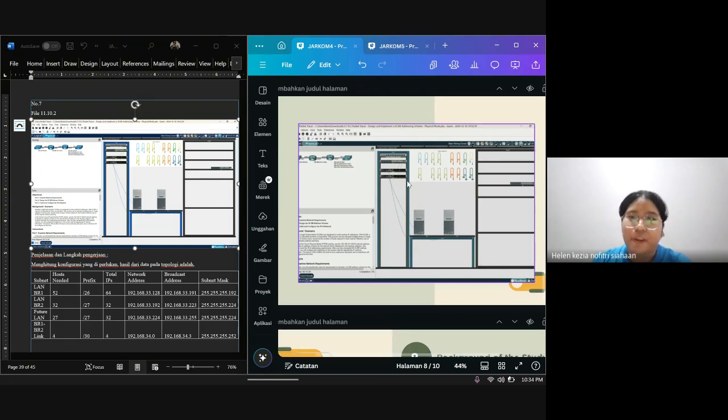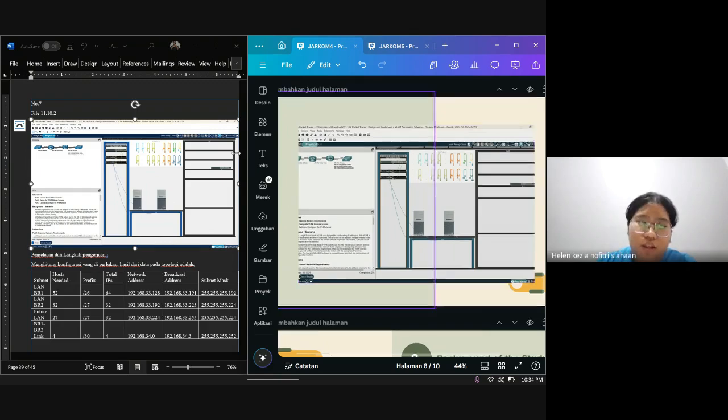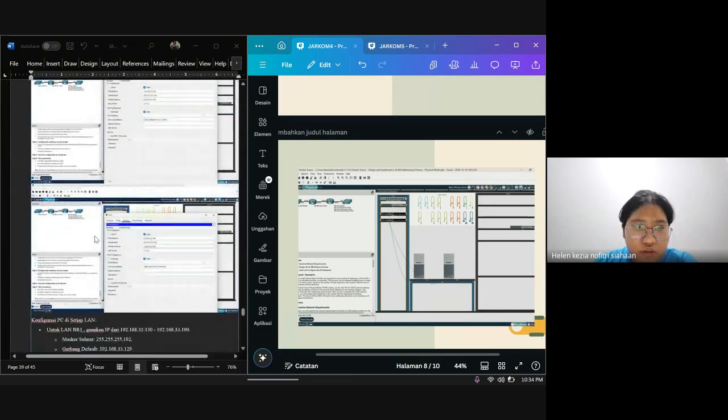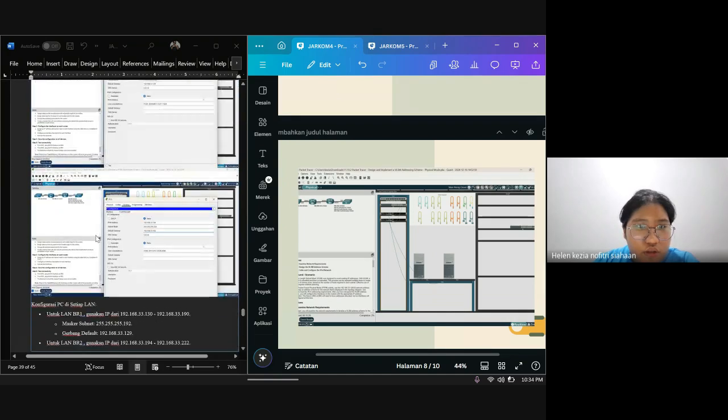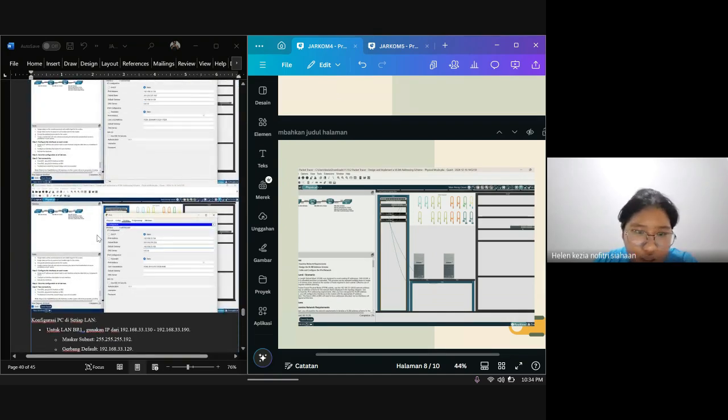As you can see, the yellow one is the copper and all about it, but I'm just using a straight-through cable for the connection and the gigabit port.